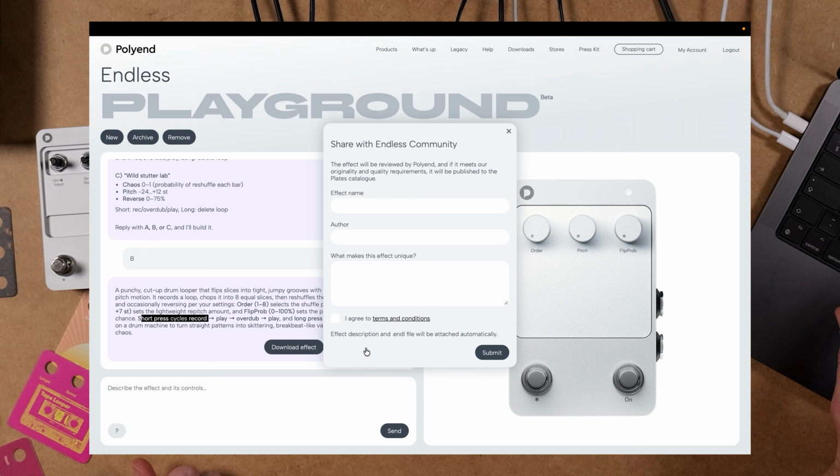I could also submit it. So yes, you can share it with our community. Before you've even listened to it, you can share it. That's probably not the best way to do it, but there will be the option there. It will go to our engineering team or quality assurance team to check if the quality is there. Real humans will be listening to it, 100%, just to confirm that it's good enough, that it's doing the thing that it says.